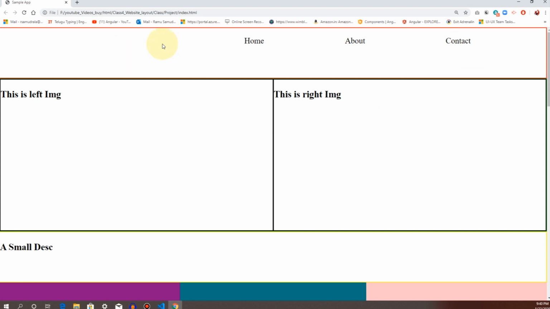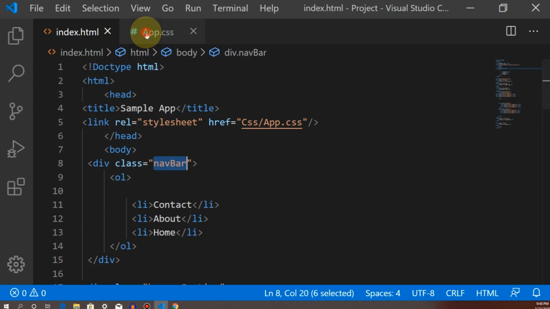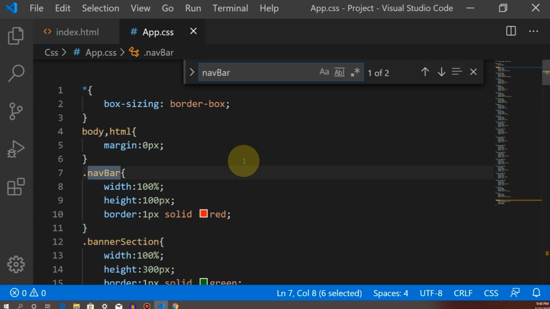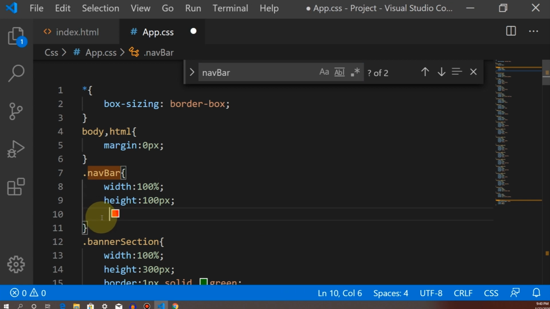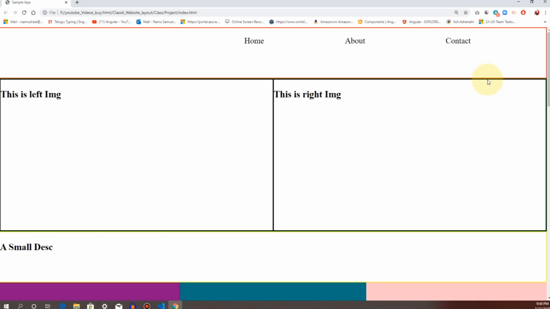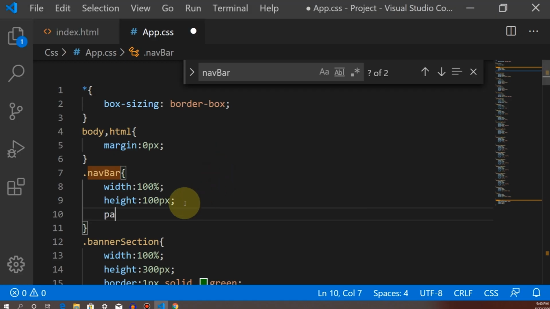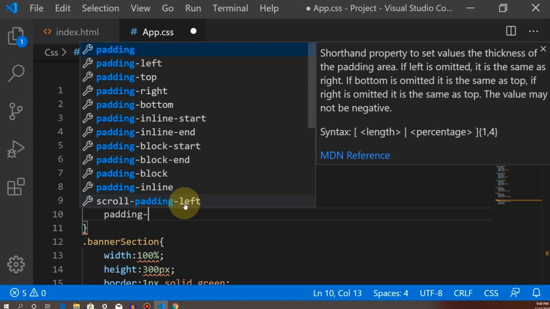Fine. Now we can remove this border for the navbar. For that we have the navbar class in earlier classes, not this one, yes, this one. We can remove this border and we can decrease the height also. So I removed this border, then I am giving some padding top only.